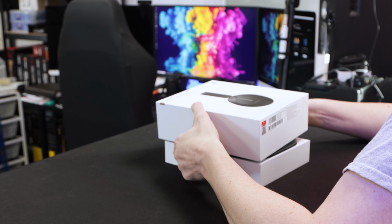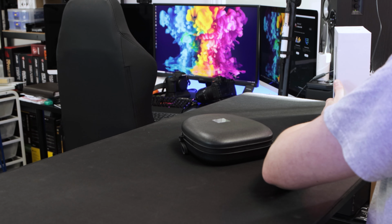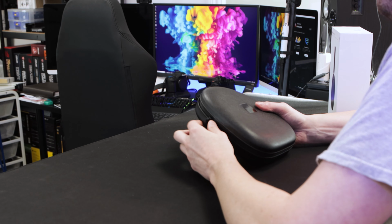Now it actually gets more impressive again. So if you use these with the EMUI device, so for example the P30 Pro is what I use, you'll actually get a 24-hour battery life with ANC and 32 hours with it off. Pretty impressive if you ask me. So we've got an instruction booklet and then the serial codes. And then these are one of the ones with all the different languages. Plethora of booklets. Put the box over that. And then